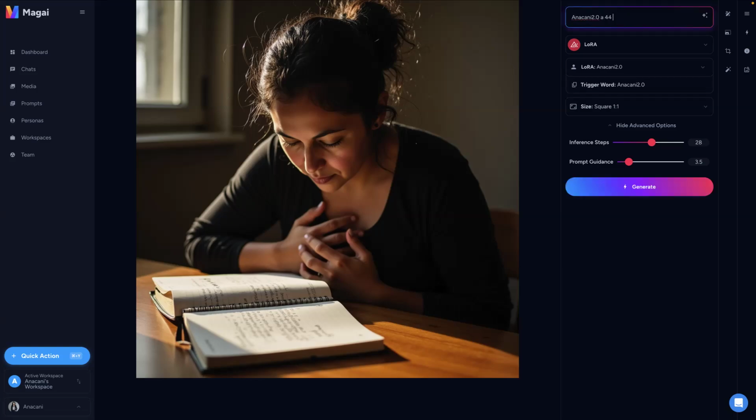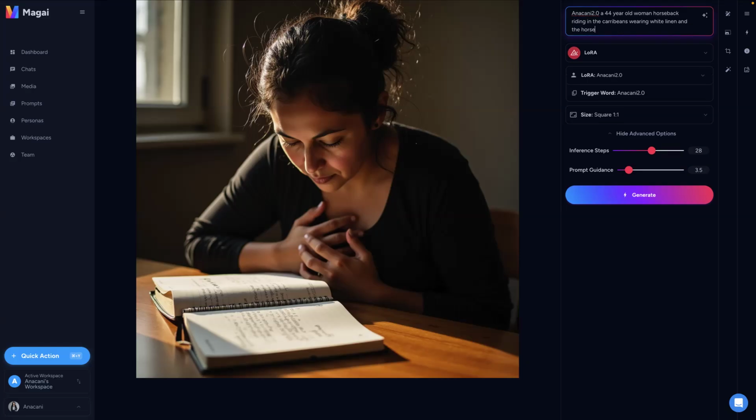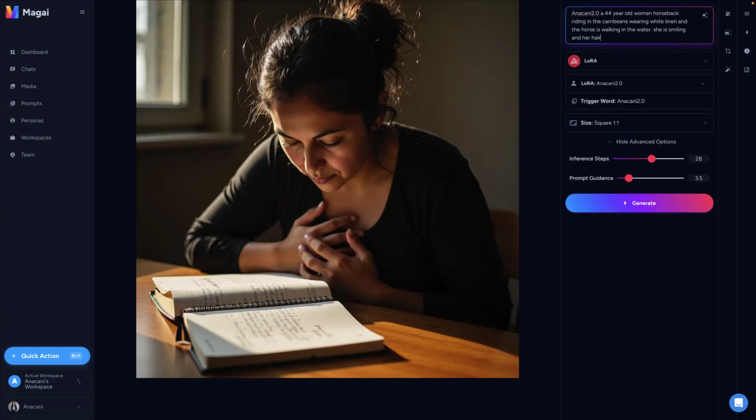Anacani, a 44-year-old woman, horseback riding in the Caribbeans, wearing white linen, and the horse is walking, smiling, and her hair is down.